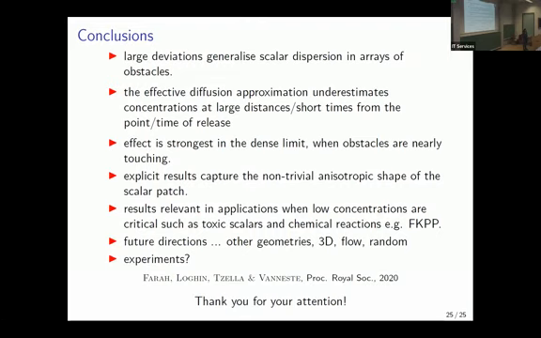Other questions? Okay, I have a small question. How does the shape of these obstacles, the array, matter? So you showed in the end that if you take the one norm, the Manhattan path of these obstacles, you get this anisotropic shape, which is kind of rhomboid. So how does the shape